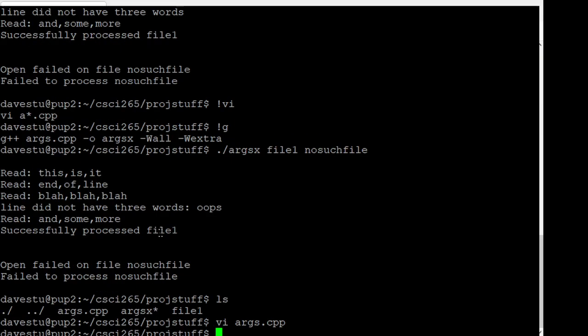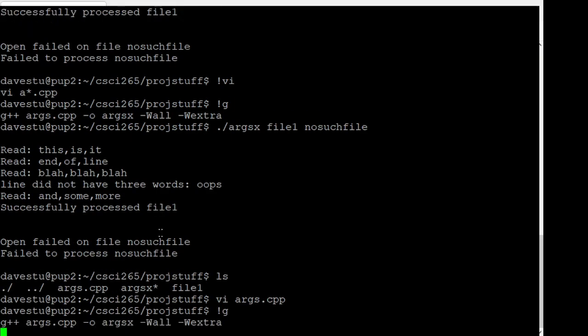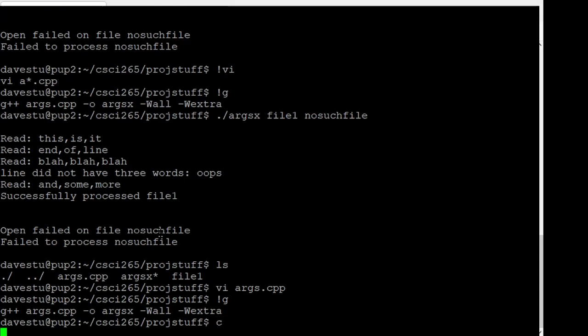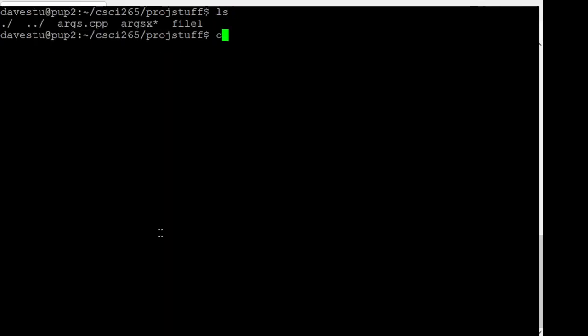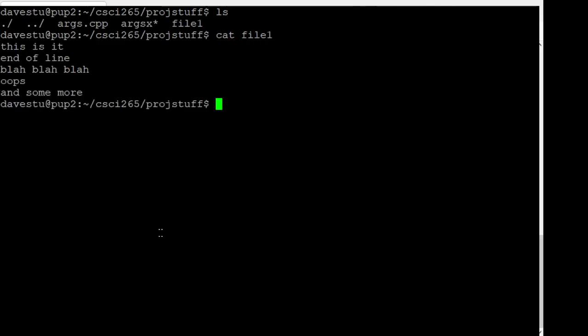So we'll try and compile here and make sure that that worked. That did work. And we'll try executing it. Oops, I suppose I should show you what my file contents were here. So I've got this one file that's got a bunch of lines with 3 words on it, and one line that's missing some words, and then some more. So we want to see,